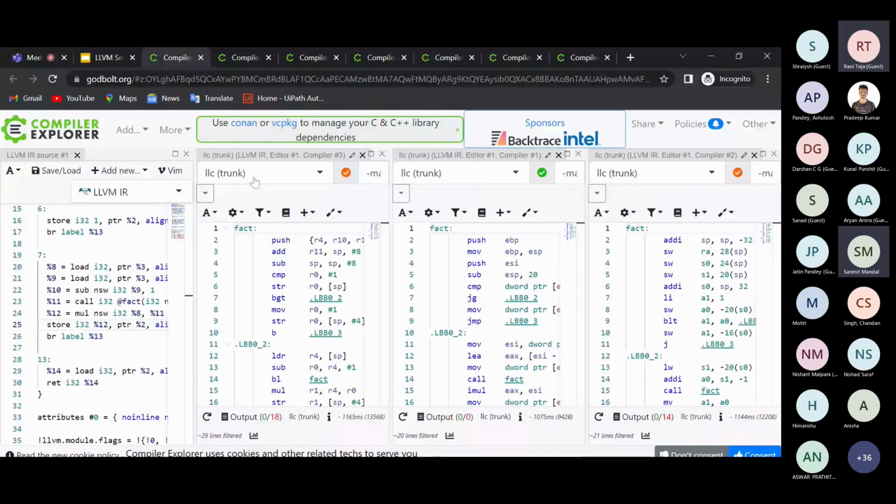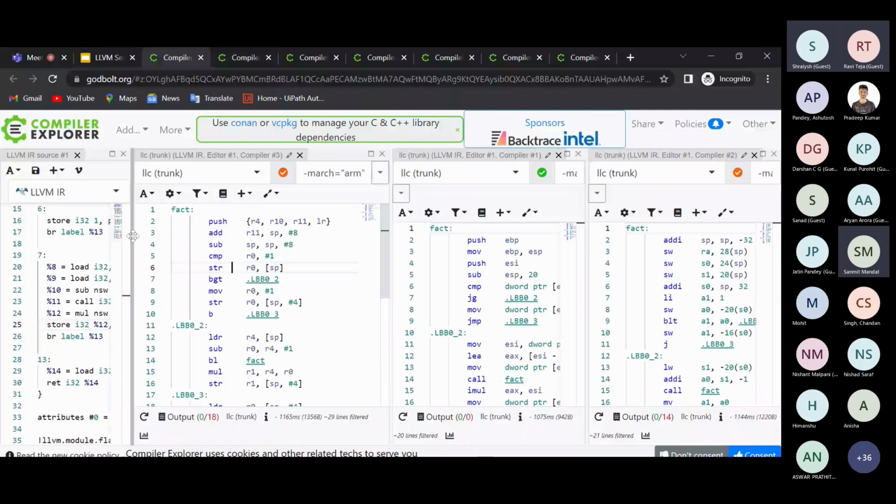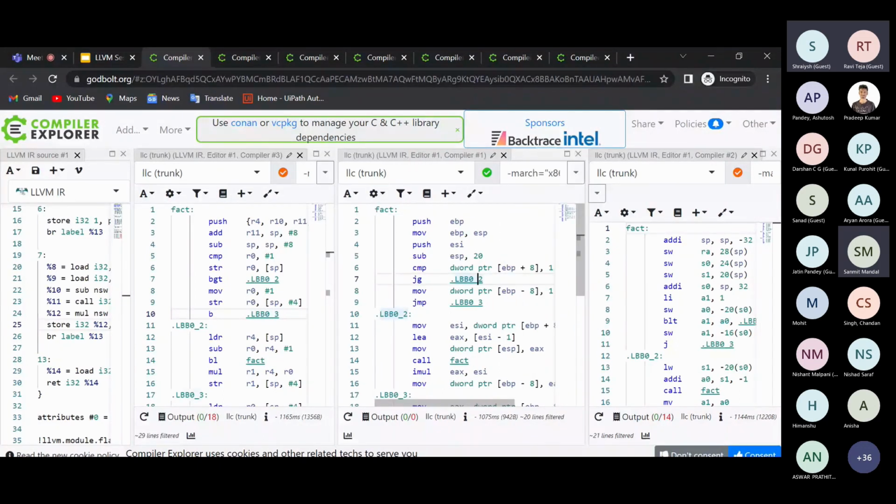In this example, the first one is ARM assembly from the same IR. The second one is x86 assembly from the same IR. The instructions will be different if you look. The BGT instruction will not be anywhere here. In x86 and ARM, it's very different.